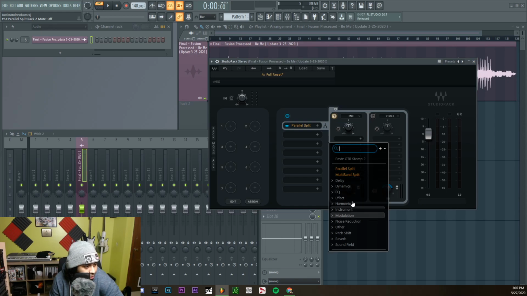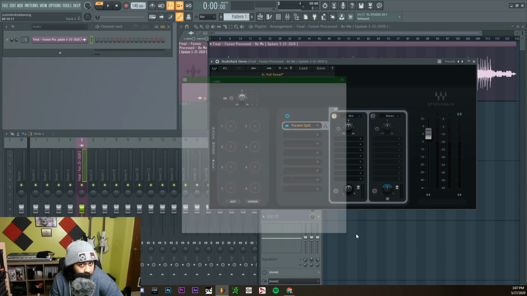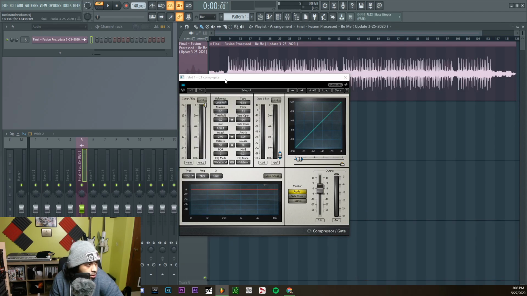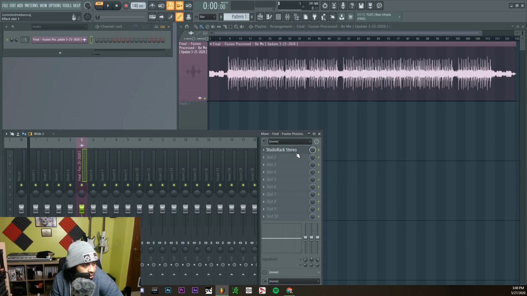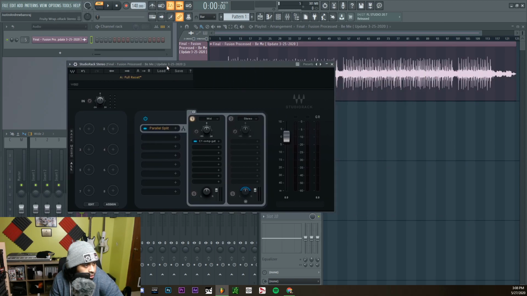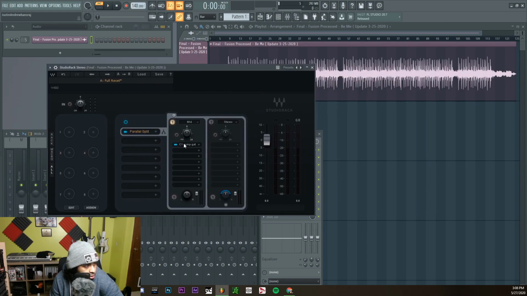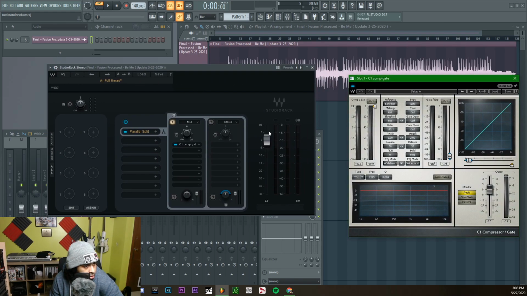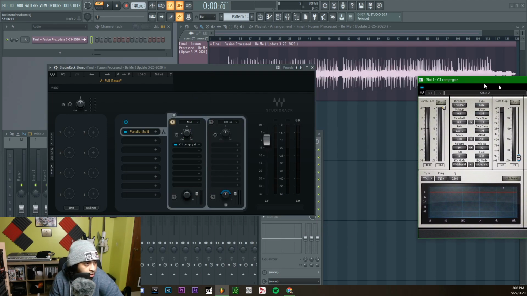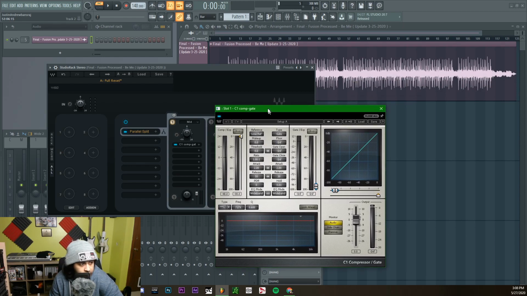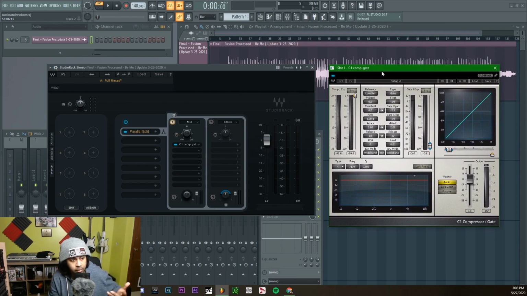So I'm going to go into a regular compressor. I think it'll be easier if we make it obviously different. So here's a compressor. One thing I'm not a fan of is that these things open up in separate windows. I liked it when it was attached, but I guess the separate windows can make things look nice and feel better, make you feel more free.